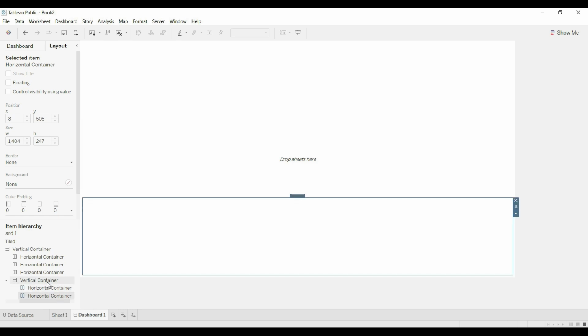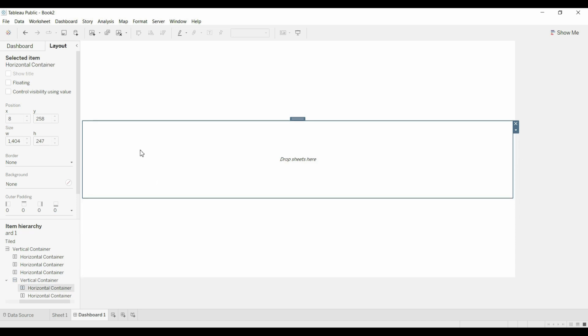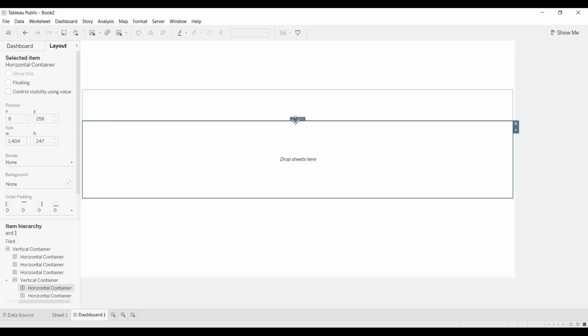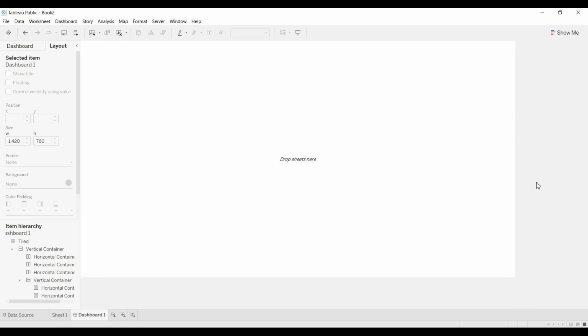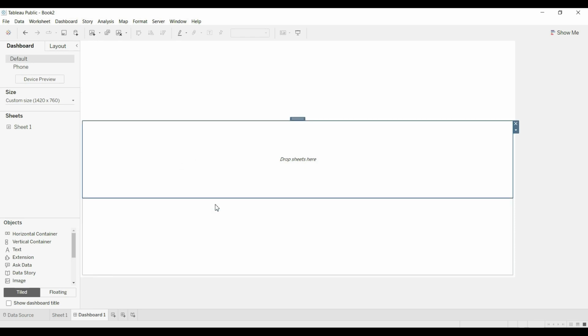Now I will explain to you what is the benefit of doing this. So the thing is, in Tableau we have an option for distribute containers evenly, and the benefit of doing that is, for example, if I select this, I don't have to worry what will be the height of this container and what will be the height of this container. Tableau will automatically distribute all the elements in this vertical container equally, right? So this is very helpful when we want to increase the width and height of the dashboard. Then we don't have to worry about this, because this is taken care of automatically.